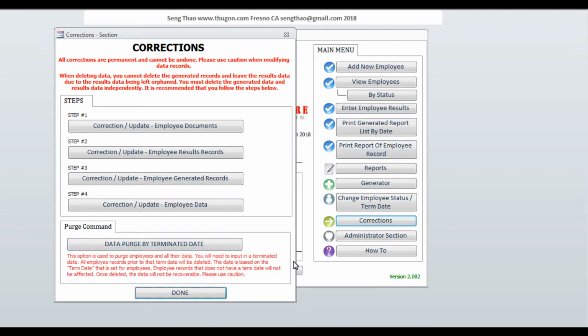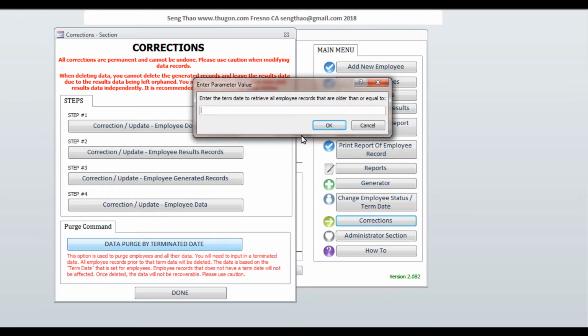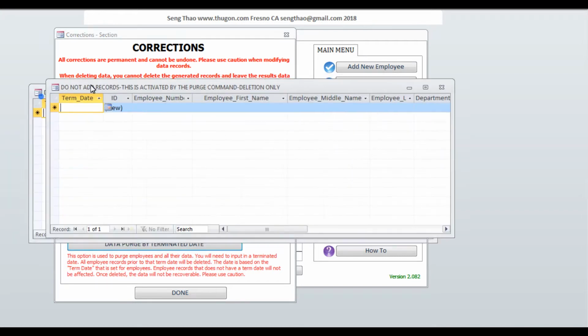Okay, and then you have this command down here called data purge by terminated date. So for all employees, for example, if you want to get rid of all the old employee information for all the employees who've been terminated, you can click on this right here and it'll ask you for a date here. Okay, so let's say I want to delete or purge all of the employees who've been terminated or are no longer with the company within the last 6 months or maybe last year. I can put in today's date, and anything that's older than or equal to today's date is going to pull that list up, and then you can click on